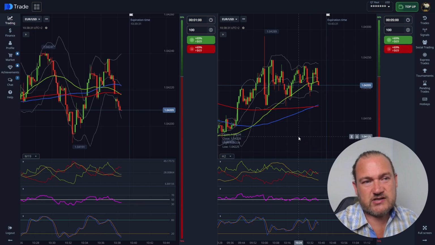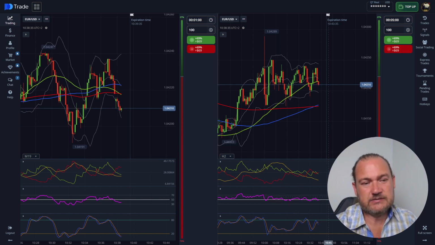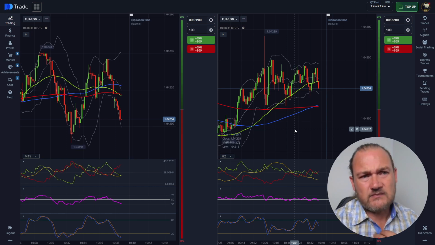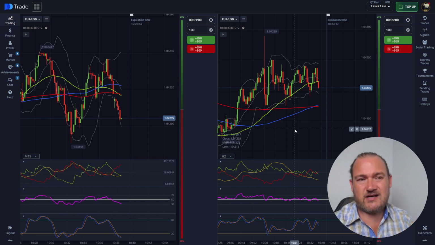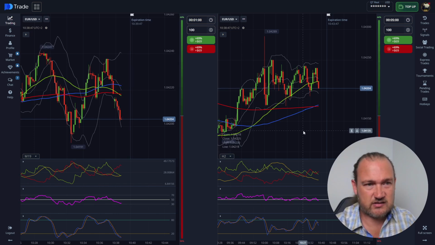I will still occasionally get entries, and it doesn't mean I stop trading. It just tells me that it's not a good time for my strategies specifically. There will definitely be other strategies that will work great in market conditions like this, but mine does not work